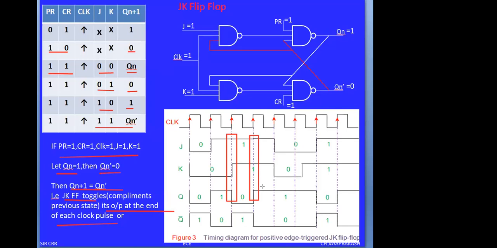And here in JK flip-flop also we will have one disadvantage. We will discuss the disadvantage in the next term, and after we finish these flip-flops I will explain the disadvantage again. It is called the race around condition. The disadvantage in JK flip-flop is the race around condition. A condition arises where, when our clock pulse is continuously changing, the output also changes continuously.